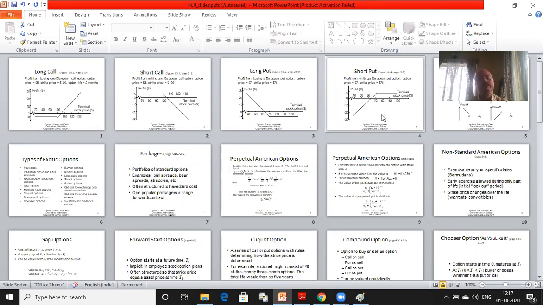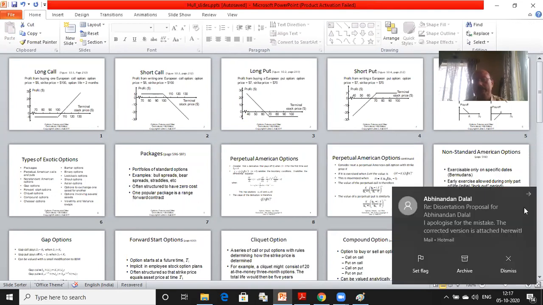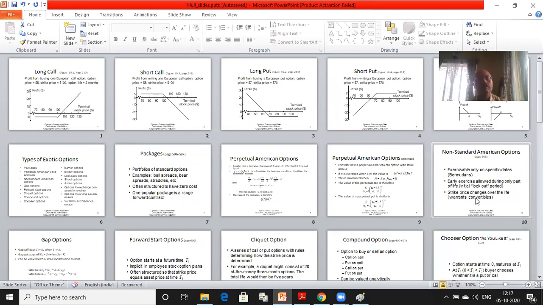Okay, so this presentation is there in the Google Drive, so you can always get back to it and look at the details from Hull, because all these slides are from Hull's book, John Hull. And if there are questions later on, I will be happy to discuss. But of course, we have omitted all the analytical pricing details so far, which we will now take up slowly. We will take up slowly from the very simple setup of call options, European call options, and slowly build up to more complicated contracts.